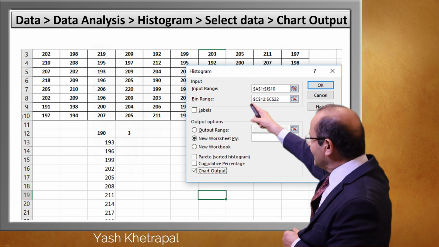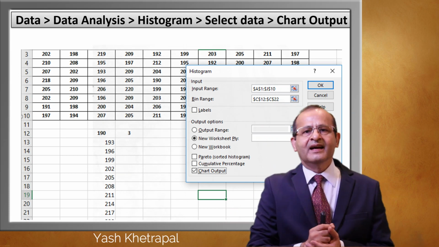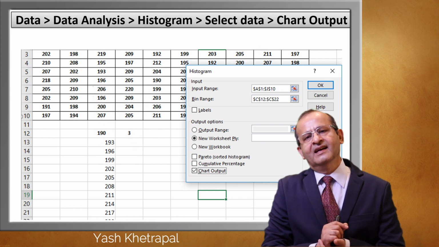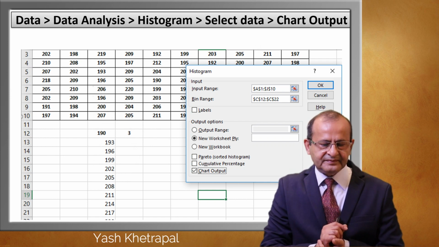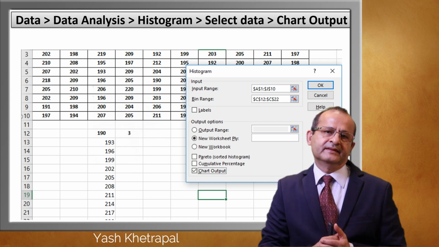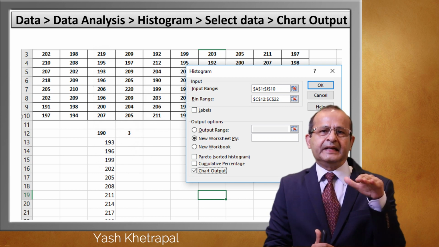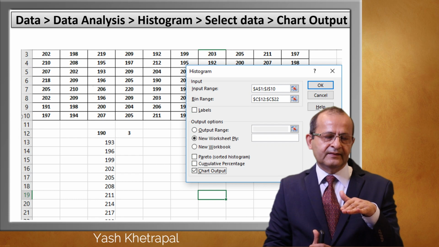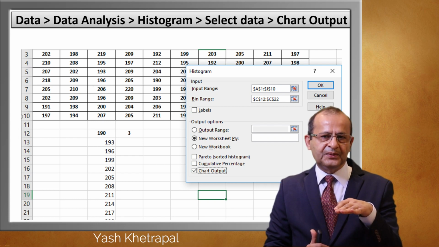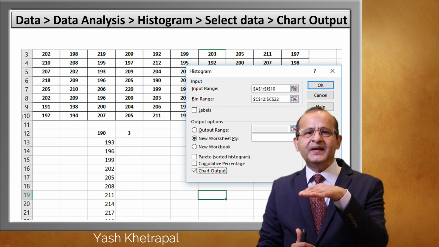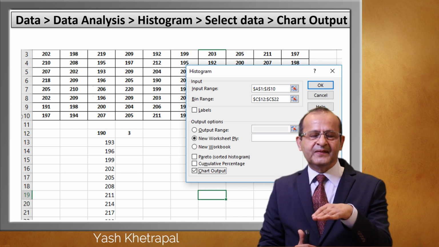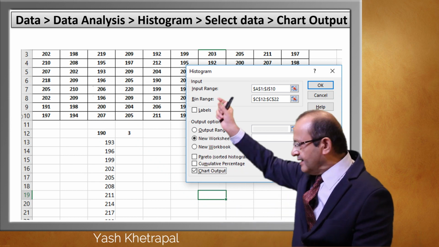Here I have to select the whole sample, all 100 cells. Next, it is asking for the bin range. The AP series I created: 190, 193, 196, 199, 202, 205, 208, 211, 214, 217, 220. I select that.